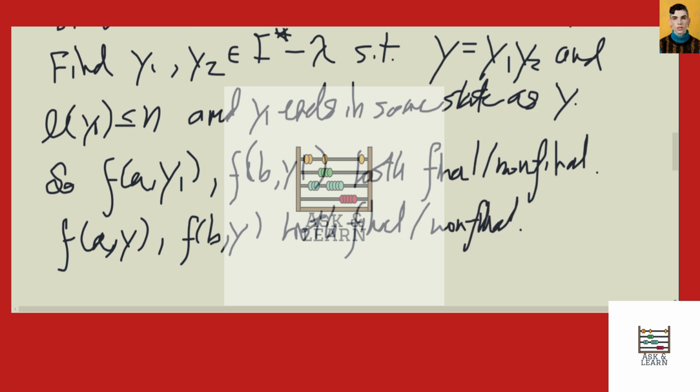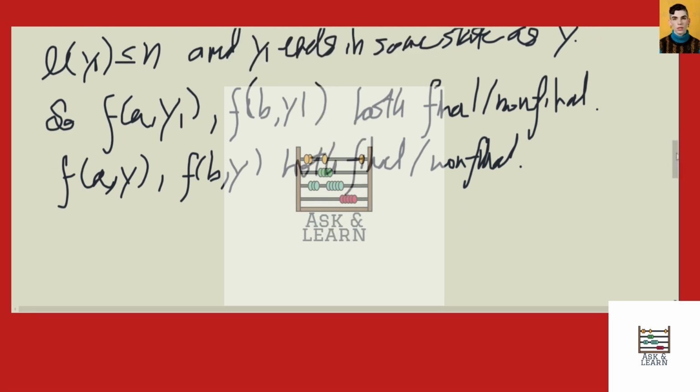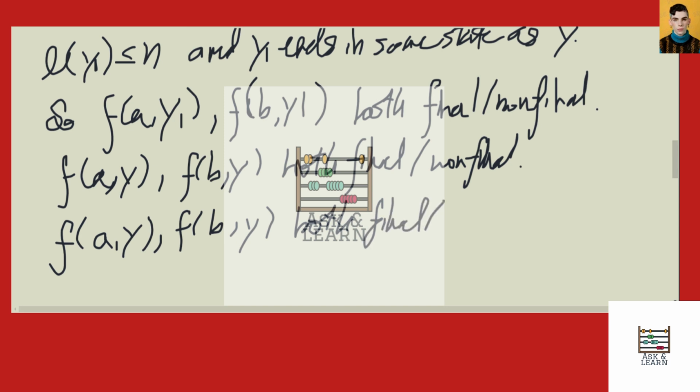So now, this, in addition to the proof where y has a length less than or equal to n, shows that f of a y and f of b y are both final or both non-final for all input strings y